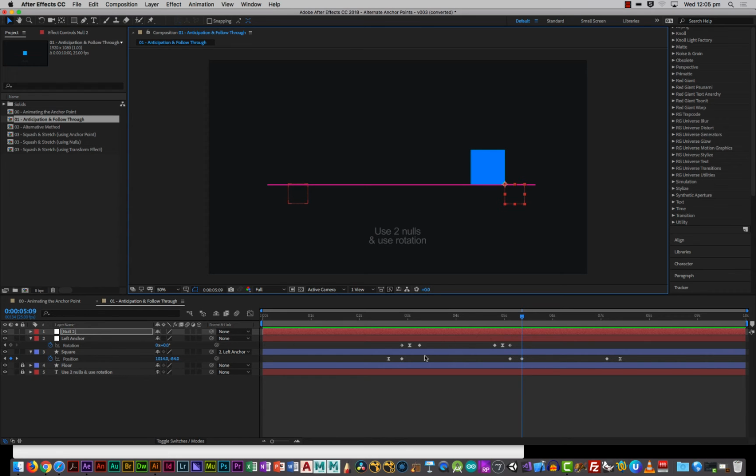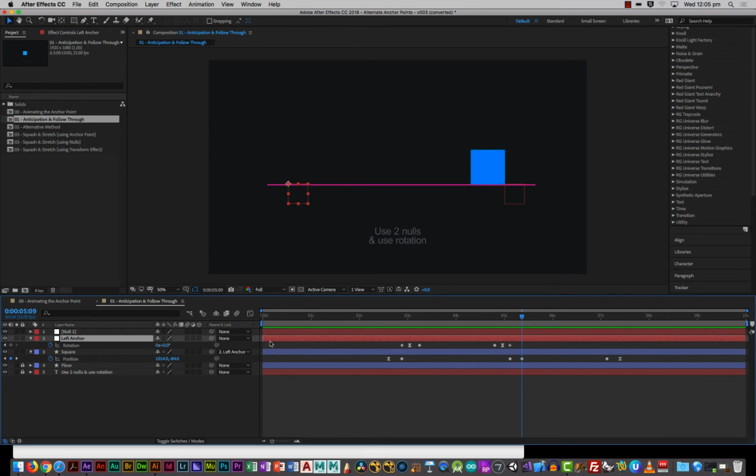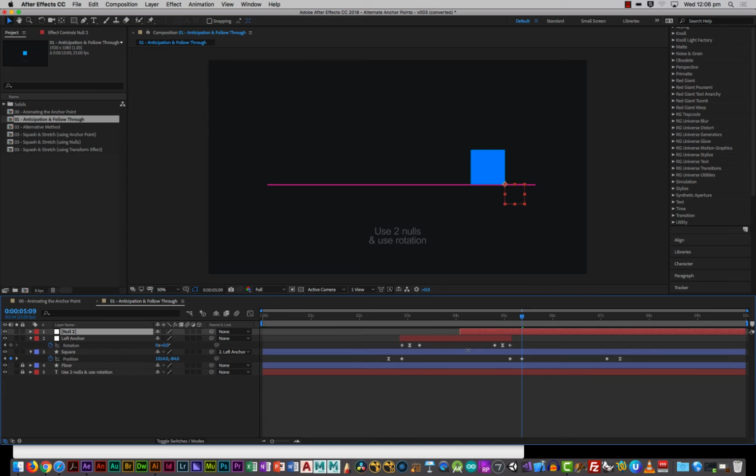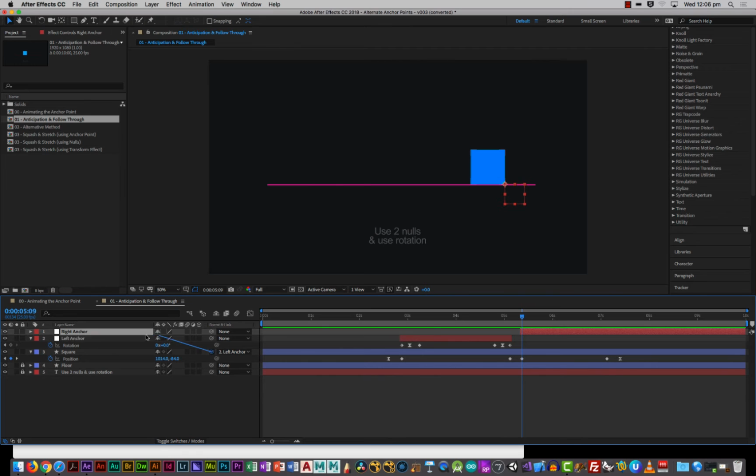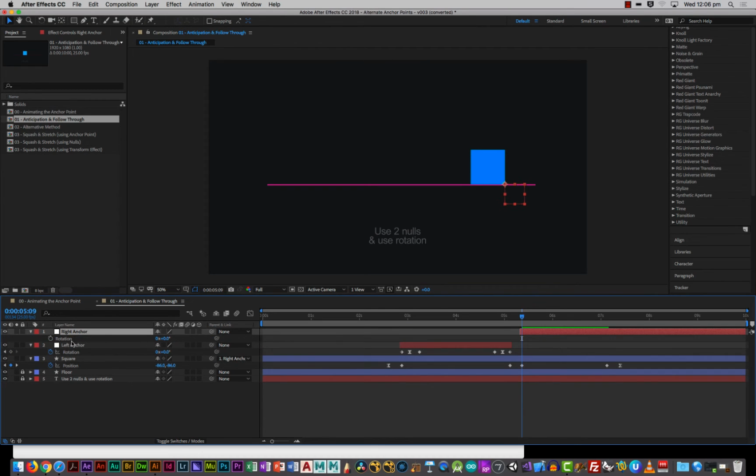Now, one thing I want to do is just clean up my timeline a little bit. I know that this first null is only relevant from here to here, so I'm going to trim it so that I can see that in the timeline. And this new null is only relevant from here. So now that I can see that a bit better, I'm going to name this null right anchor, and I'm going to parent the square to the right anchor and hit R and keyframe and do the same thing. Now I might think that that works,